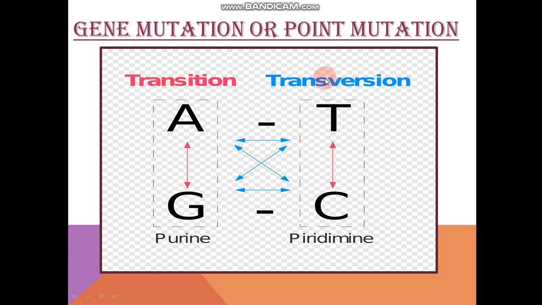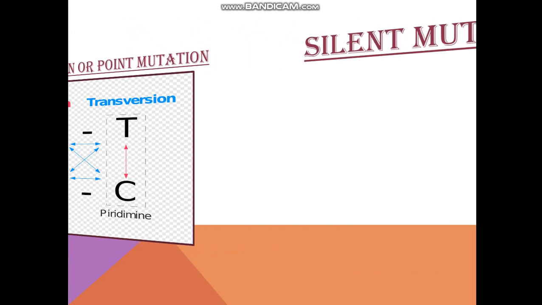Whereas the other one is transversion. Here what happens? A purine is replaced by a pyrimidine. See, in place of adenine, thymine will come maybe, or in place of thymine, adenine can come. In place of adenine, cytosine can come, or in place of cytosine, adenine can come. Okay, vice versa. So these changes, that means alteration of a thymine by a guanine or thymine by an adenine, that means interchanging of purine and pyrimidine bases, is known as transversion. Clear? Once you go through the notes, it will be more clear.